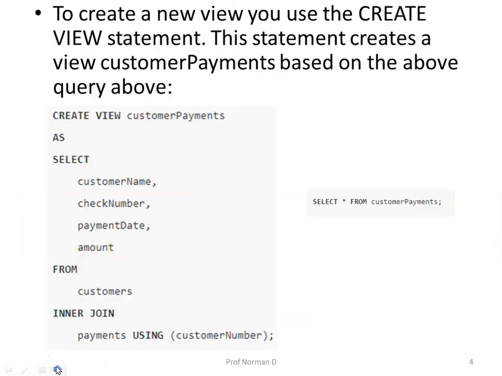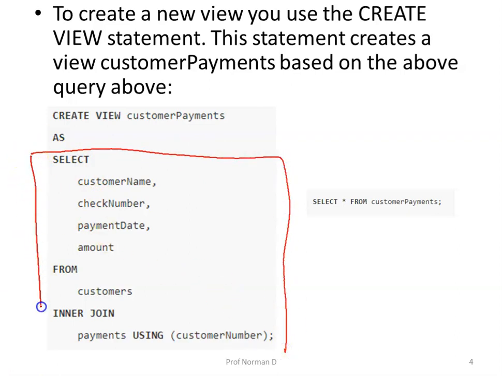Now look at this particular query. The same query which we executed in the previous slide, we will try to convert it into a view. If you observe carefully, the query from the select statement remains the same. So what is new over here? These 2 statements are new.